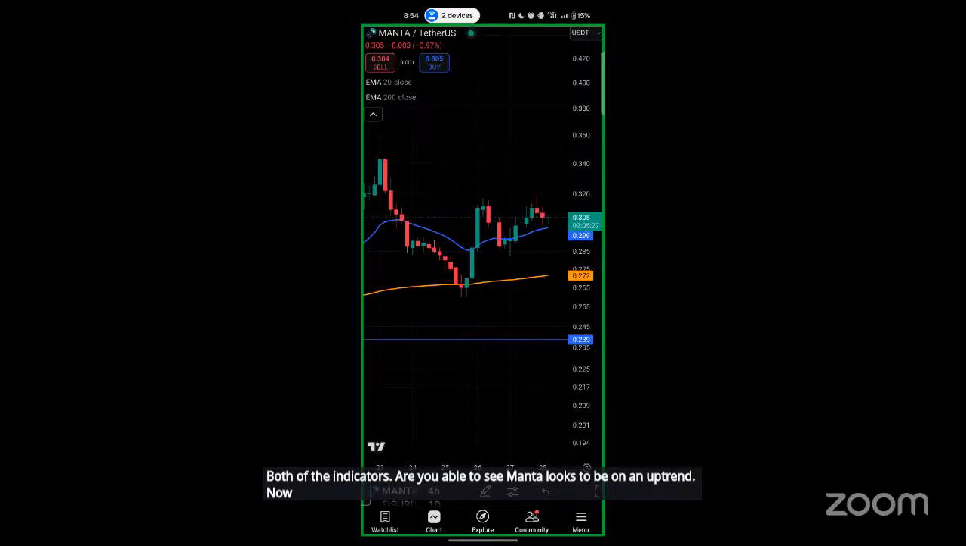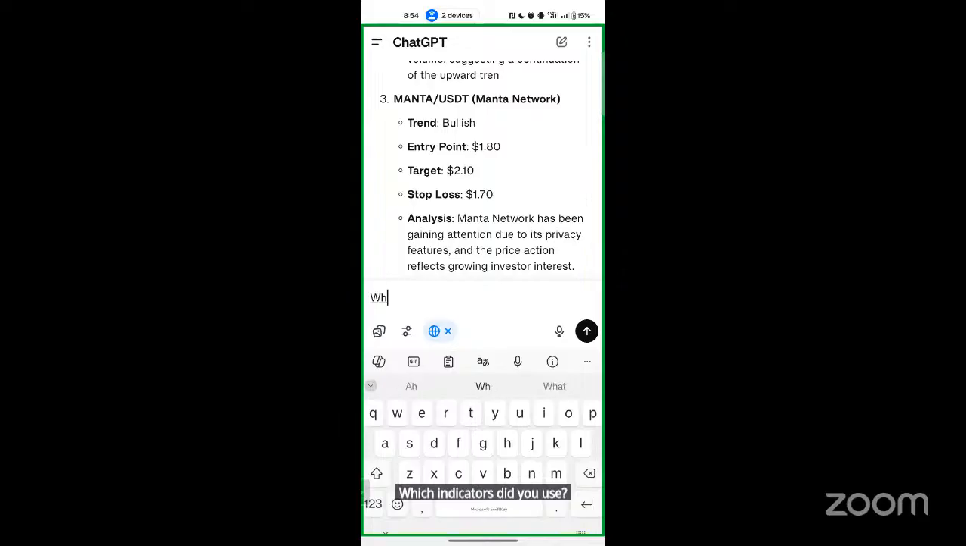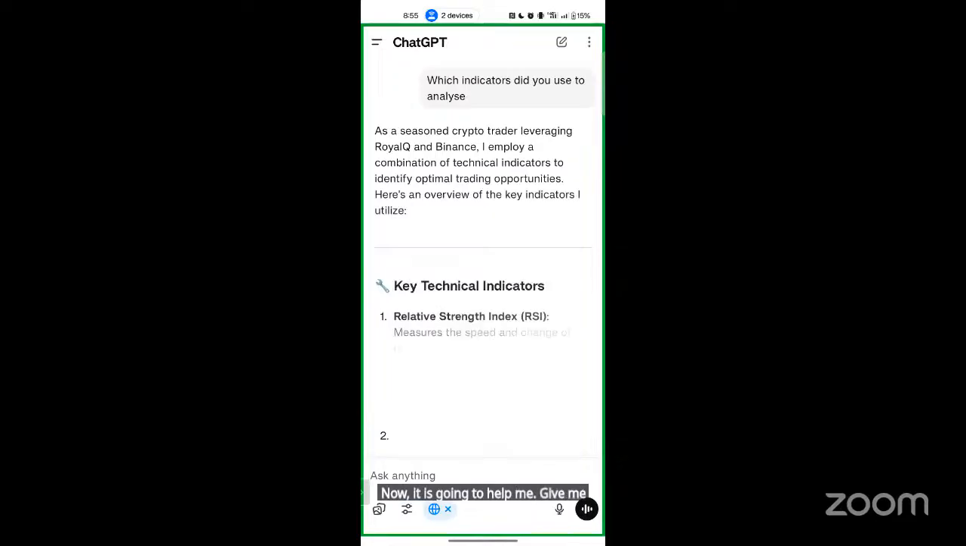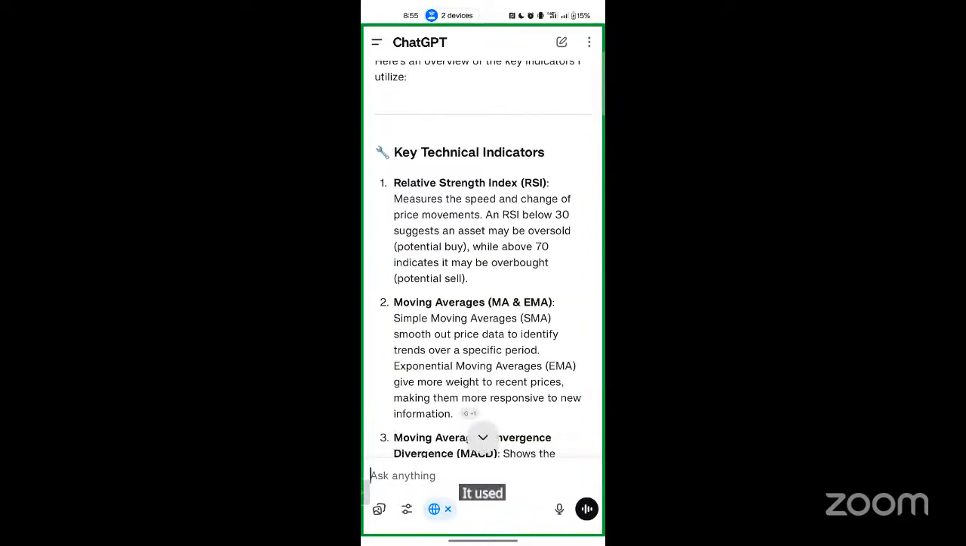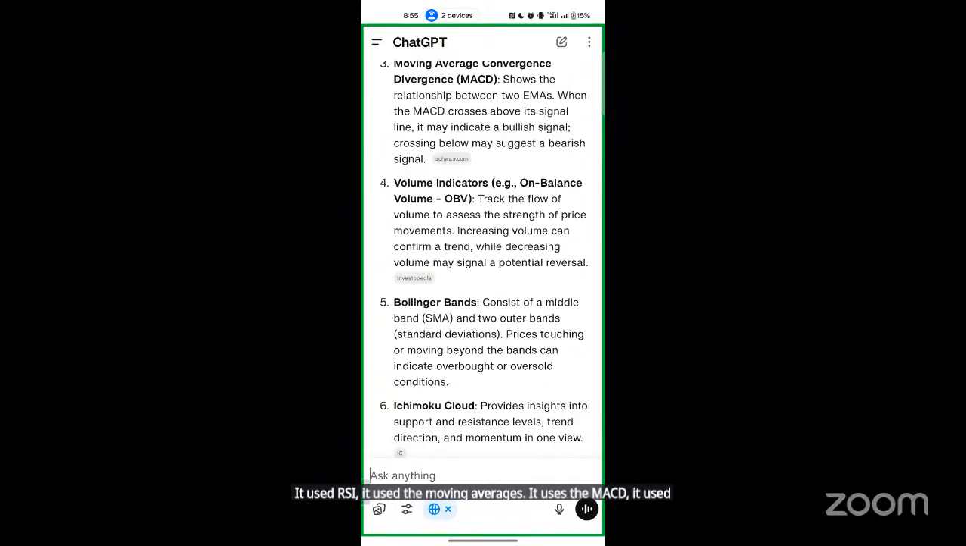Now I could ask, if the point is not clear, which indicators did you use to analyze these coins? Let it tell me, because when I apply my moving averages, the points are not connecting. Now it is going to give me which indicators. It used RSI, it used the moving averages, it used the MACD, it used the volume, it used all these indicators